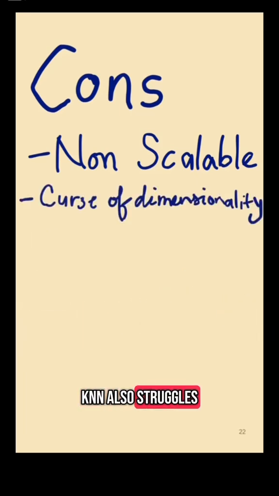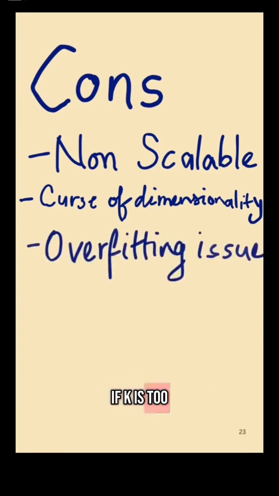kNN also struggles with the curse of dimensionality. In high dimensional spaces, data points are spread out and it's hard to tell which ones are truly close. Techniques like feature selection or dimensionality reduction can help out here. And finally, let's talk about overfitting. If k is too small, like k equals